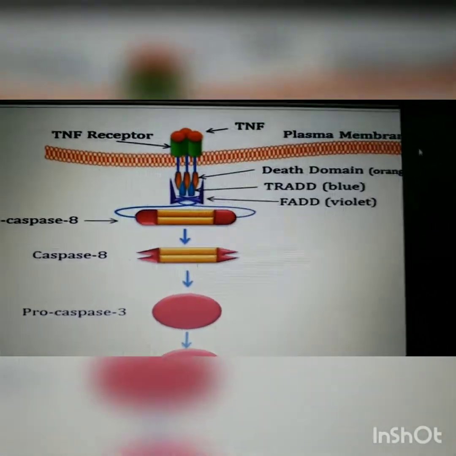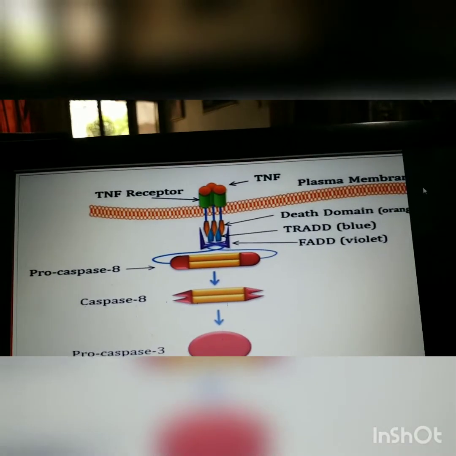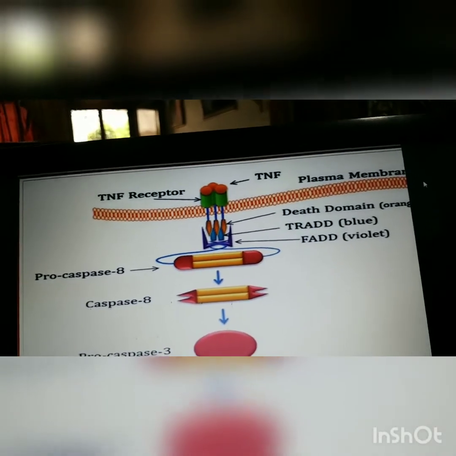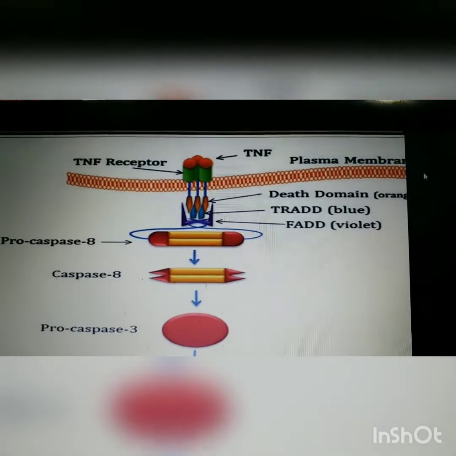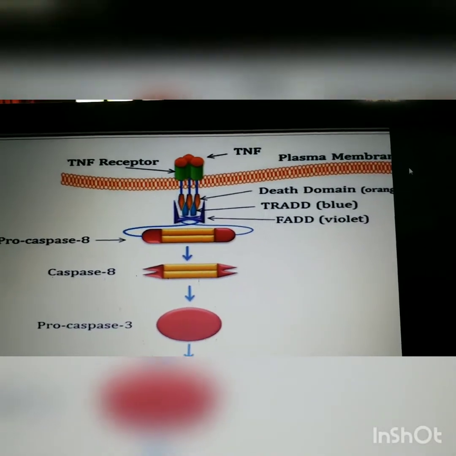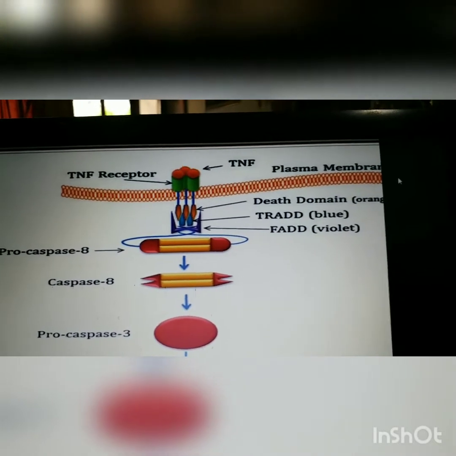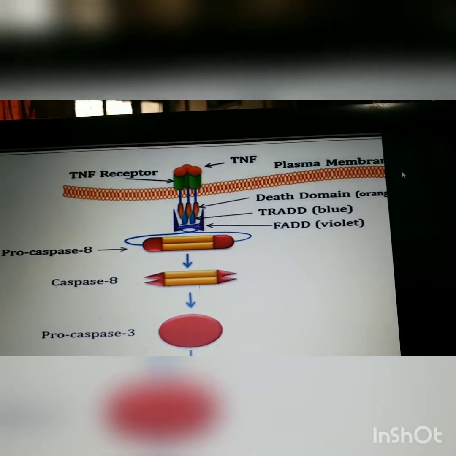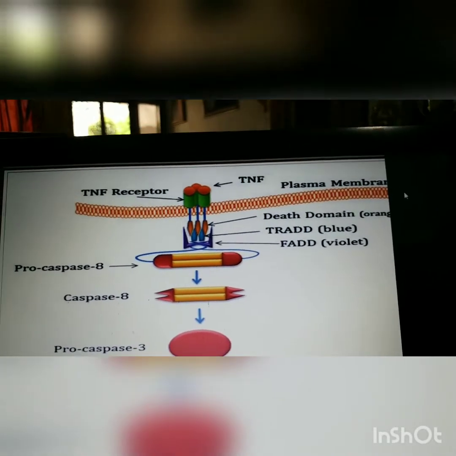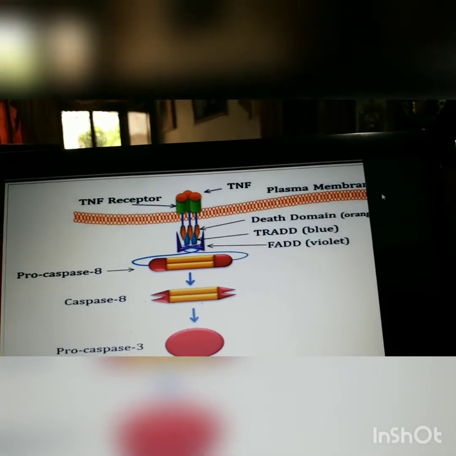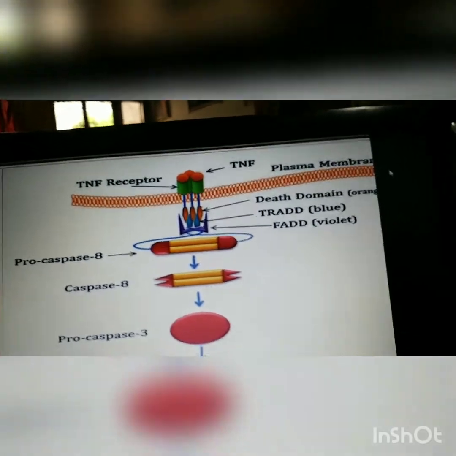So I want to explain again. In this case, the extrinsic pathway, the receptors are typically members of the tumor necrosis factor, TNFR gene family, such as TNFR1 or Fas. Binding at these receptors leads to downstream caspase activation, that is caspase 9 in case of intrinsic pathway, caspase 8 in case of extrinsic pathway. TNFR1, this one,